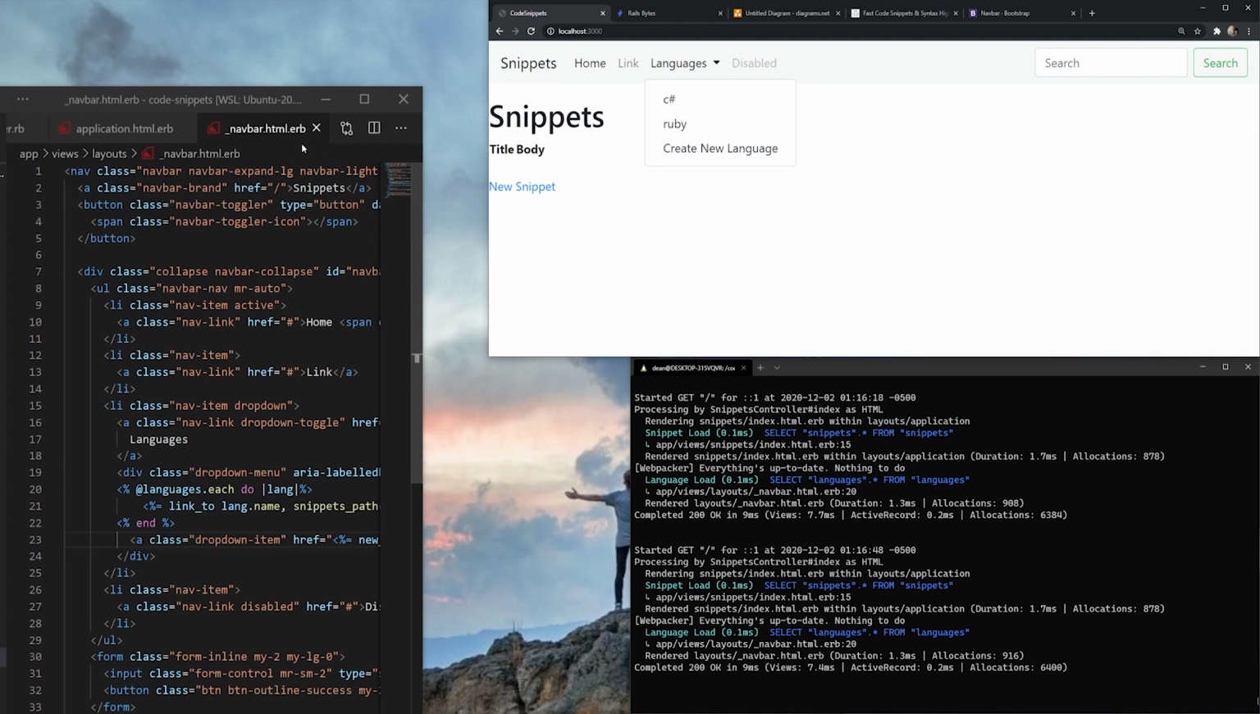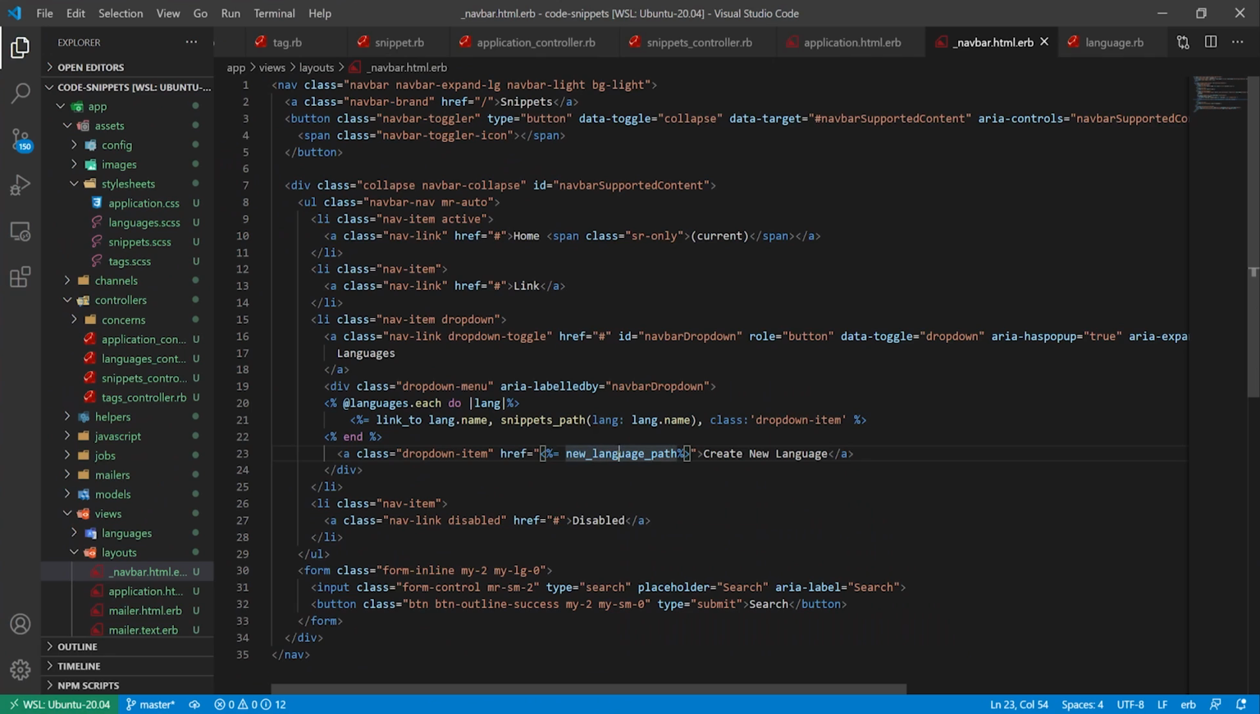You can, of course, also change this to just be a Rails link that says link_to create new language, new_language_path, class dropdown-item. That would also work. But okay, this search form, we're not integrating. We'll just leave it on there. We'll consider that a mocked up piece of functionality for now. And we will instead go back to our